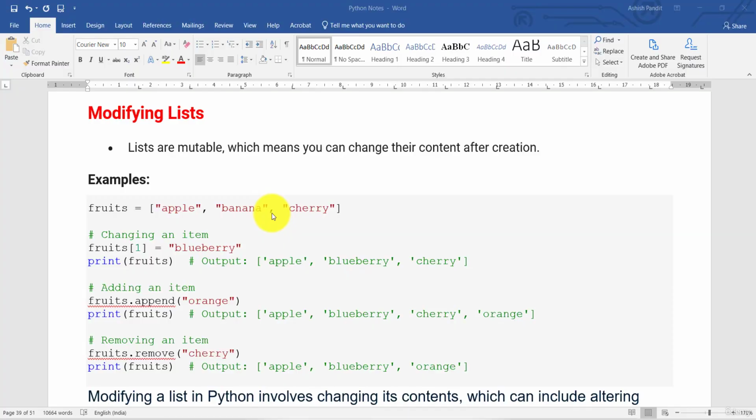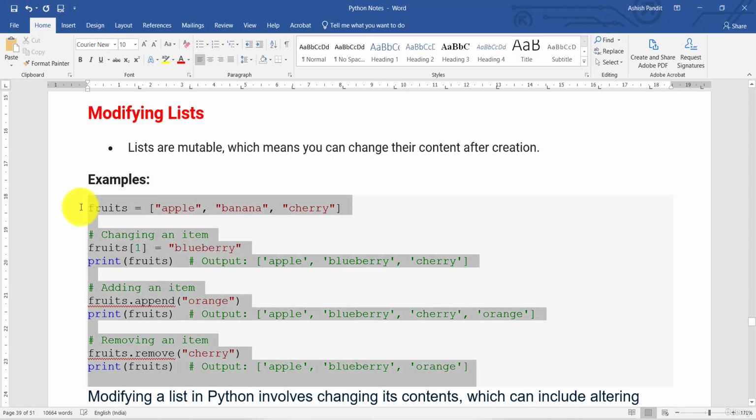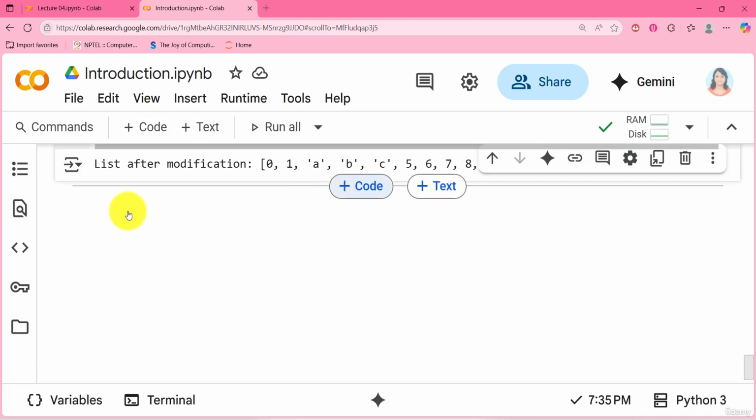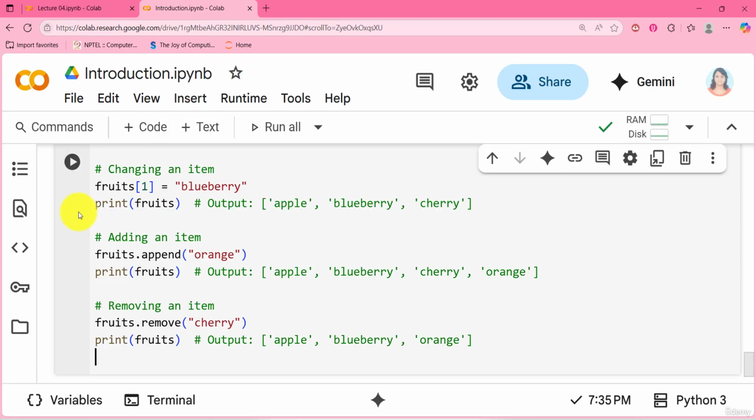So now in this video, we will discuss the topic of modifying a list in Python. As we have discussed so far, lists are mutable, which means you can change their content after creation. Lists are enclosed in square brackets. Here is the example: fruits. We have these fruits, apple, banana and cherry, in the list, and if we add this in our code,